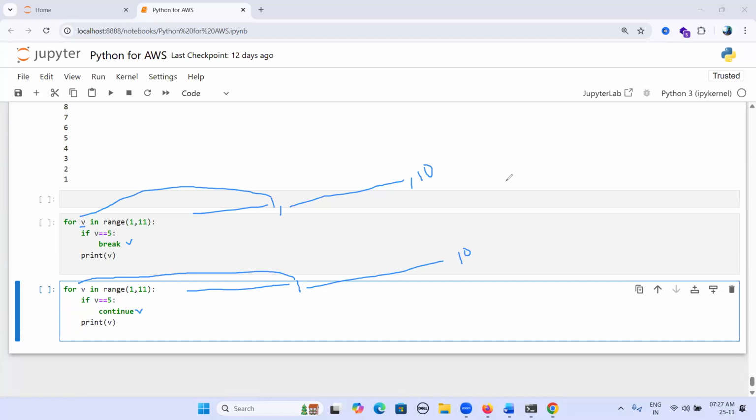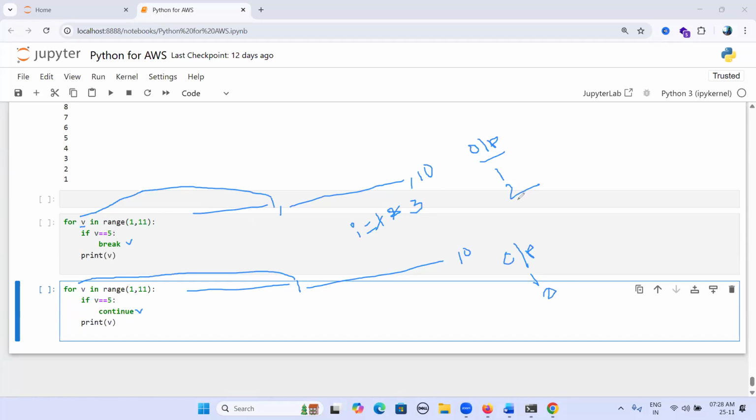We are printing 1. Here also we are printing 1. Next iteration, the i value becomes 2. 2 equal to 5? No. We are printing 2. Next the i value becomes 3. 3 equal to 5?